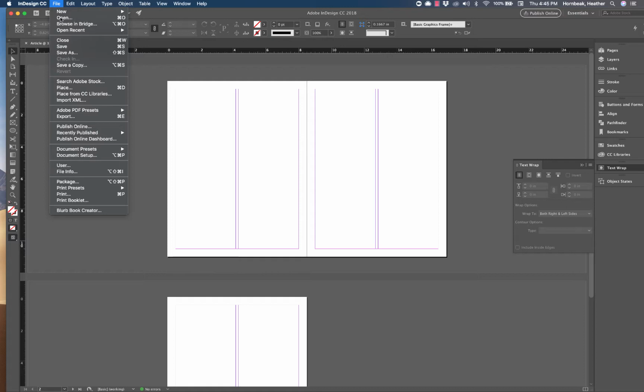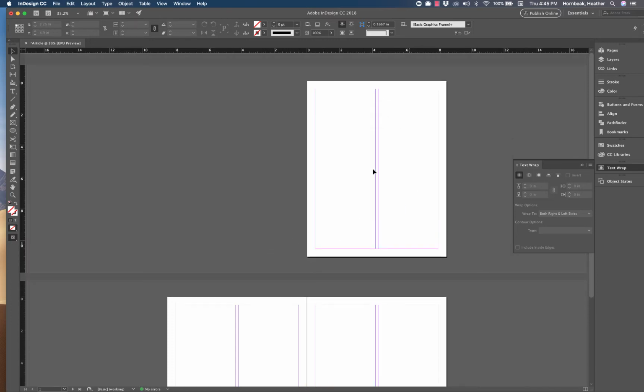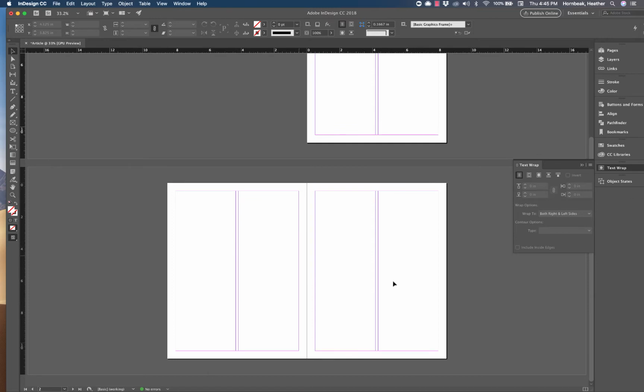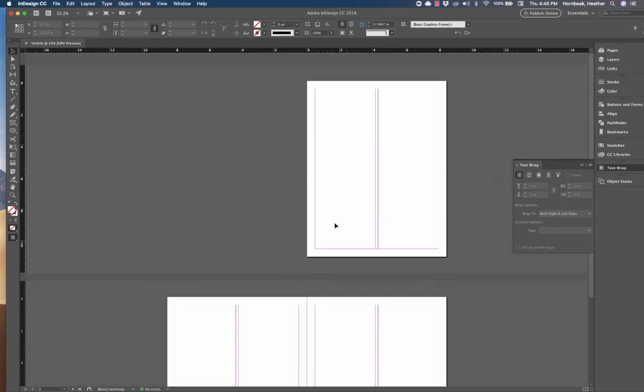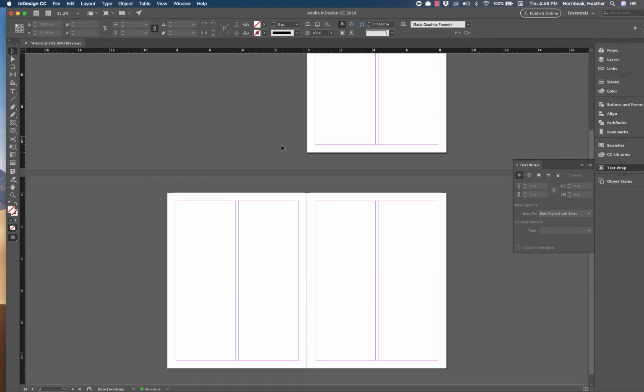If you want to change any of those settings that I used, you can go to File, Document Setup, and you can change it from starting page 2 to page 1. And I'll show you how it's different. You'll see how you just have this lonely page right here, and then 2 pages. And then if you add more, it'll just be 1, 2, 1, 2, 1, 2. So this is kind of like when you open up the magazine, that very first paper that is the thinner paper, and then the spread here. So that's a little bit about